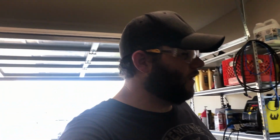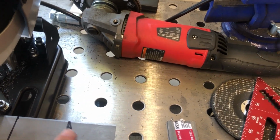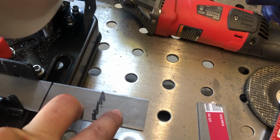All right, guys, so we got our long piece welded together. Now we're gonna cut down this flat stock, 4-inch sections, 1-inch tube in the middle. Should give us about 1 inch on either side to put our bolt holes through. That's what's actually gonna go down to the trailer. And then we'll put our